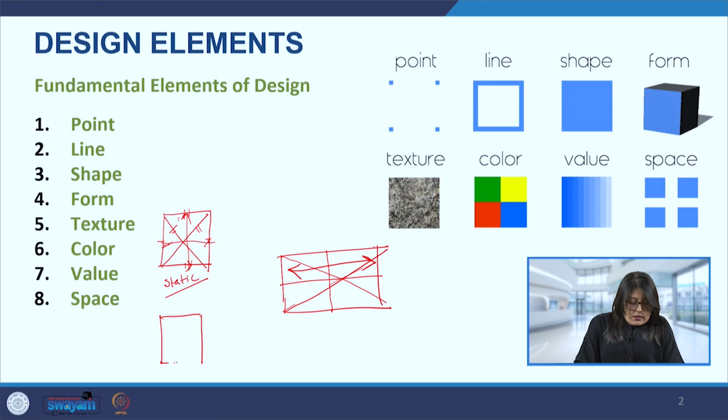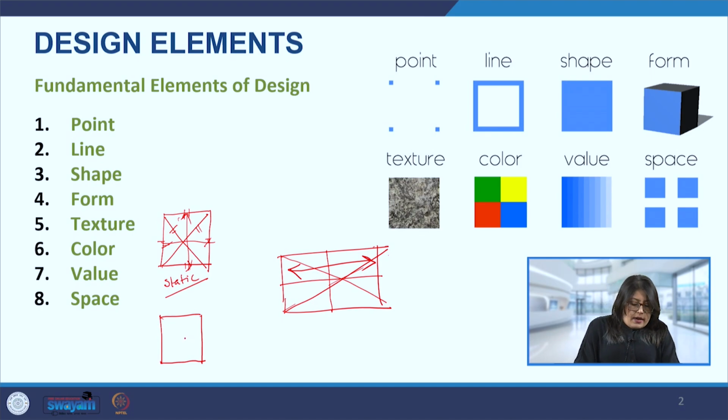Now, if I go back to the square one more time, another important thing to keep in mind is that when we are talking about the square picture plane, right now this picture plane is vacant, it is empty. So there is no direction in which the eye will look, because we have already seen that the vertical and horizontal are the same dimension, so it's a static plane. And right now there is nowhere that the eye will be looking, because there is no focus point or any point of interest for the eye to look at.